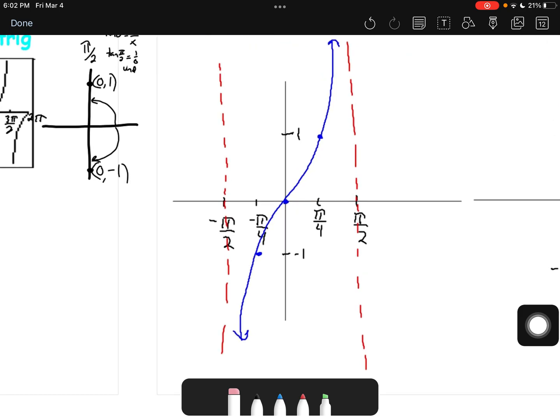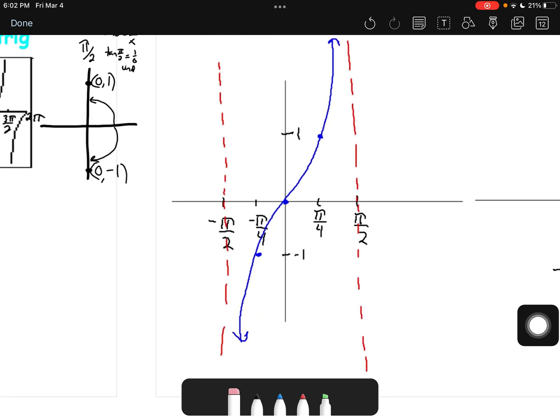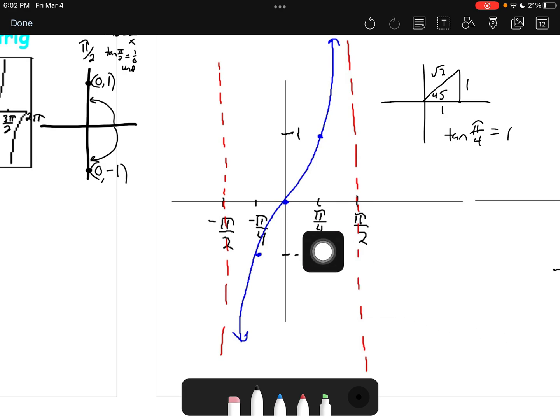because pi over 4, which is 45 degrees, if we take the tangent of a 45 degree angle, right? So if we have a 45 degree angle, the point would be root 2 over 2 for both coordinates. So if this is 45, or pi over 4, the tangent of pi over 4 is equal to 1. So that's a good point that shows us what they call vertical stretch, because on sine and cosine, when we put a coefficient in front, it changed the amplitude, like it stretched it vertically,